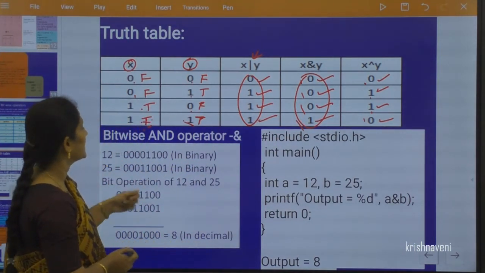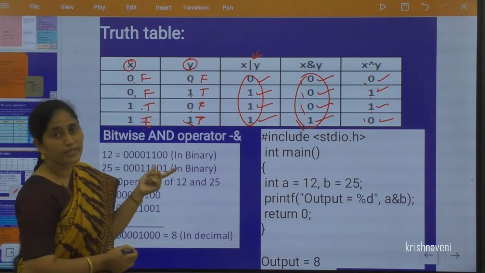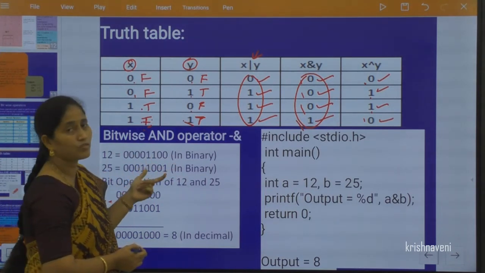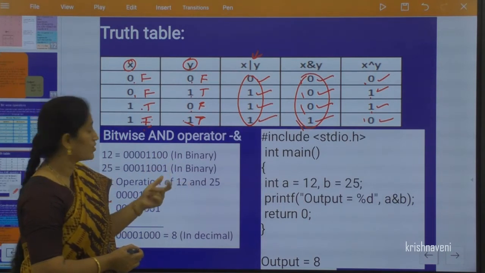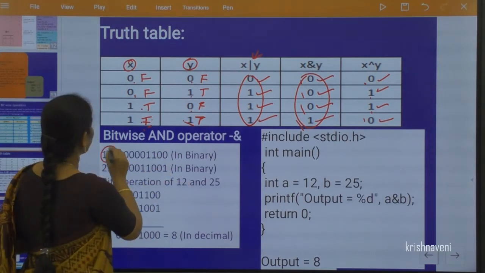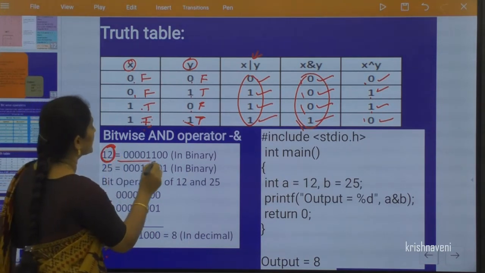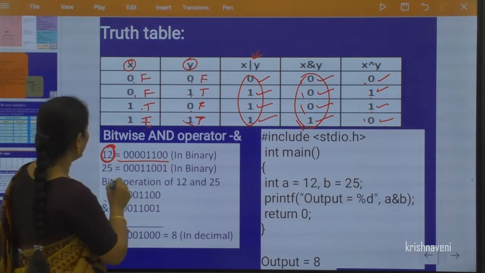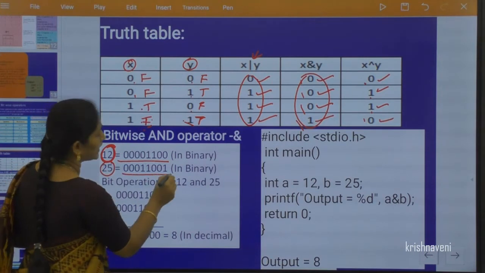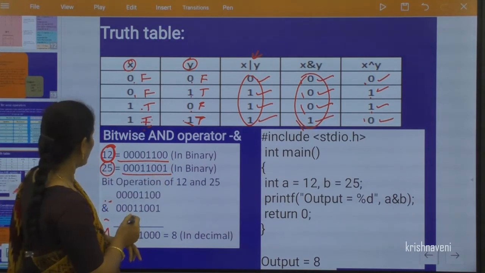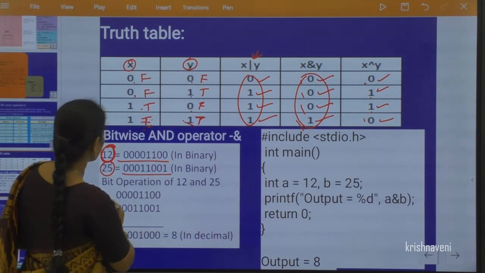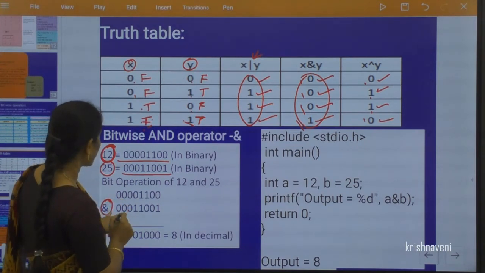So when you give the input as a decimal value, it will be converted into binary. Here I am taking the example of 12, and 25 is also converted into binary format. I am combining them using the bitwise AND operator.